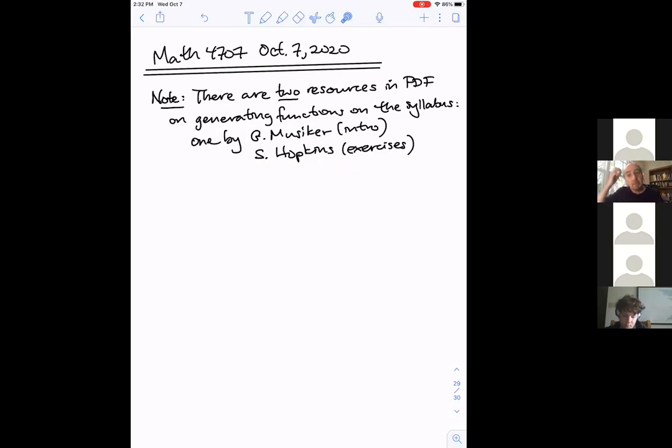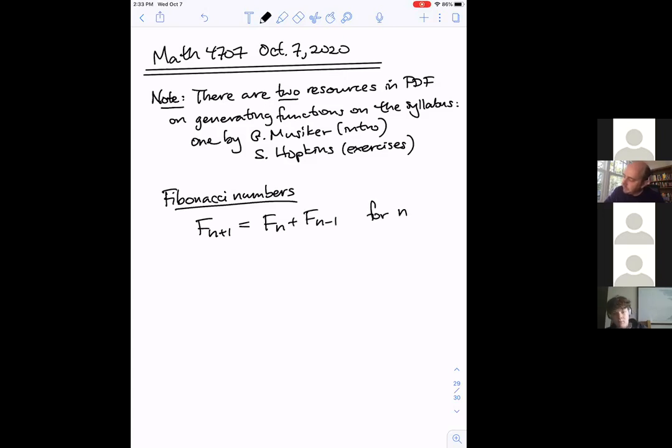So any questions before we get back into the Fibonacci numbers? All right, so let me remind you, we were discussing those. Fibonacci numbers Fn were our first sequence of counting numbers that were defined by a recurrence. So F(n+1) is supposed to be Fn plus F(n-1), and this is for n greater than or equal to 1. And they're defined as numbers starting with F0 is 0, F1 is 1, and then we